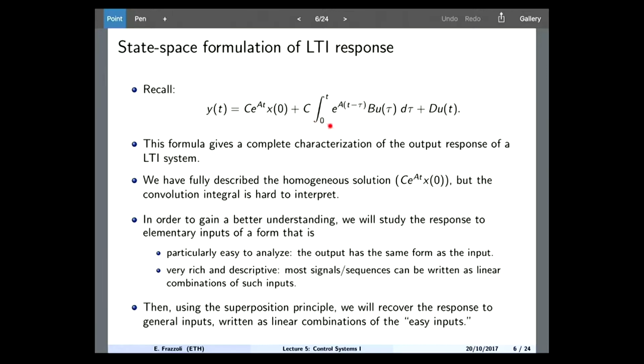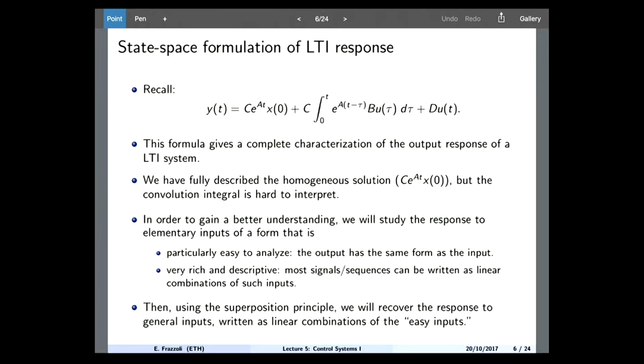This stuff under the integral, this is actually called a convolution integral, okay? And this stuff is something that, unless you have some special superpowers, probably you have no idea what that means. I have no idea what that means. Okay, so what we will want to do is, now we want to understand better what this part means. So this is the forced response,